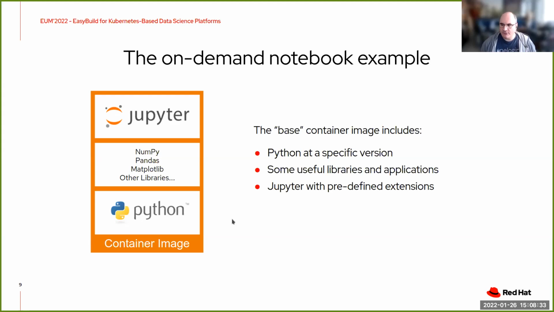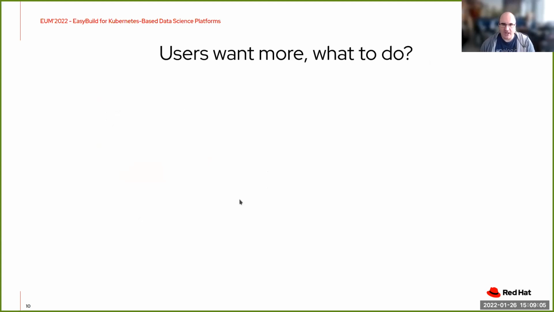So you start by working with a container image. You put your Python-based image, a few libraries and applications that you are interested to work with, and Jupyter with some predefined extensions. Perfect. You have this, and you can provide Jupyter as a service running on OpenShift. Meaning every time someone requests a Jupyter instance, it will spawn a pod, it will spawn a container to which they have access based on this golden image. But then users will want more,